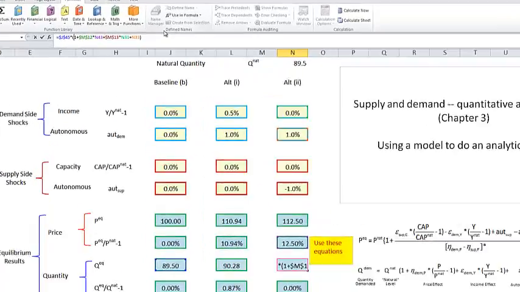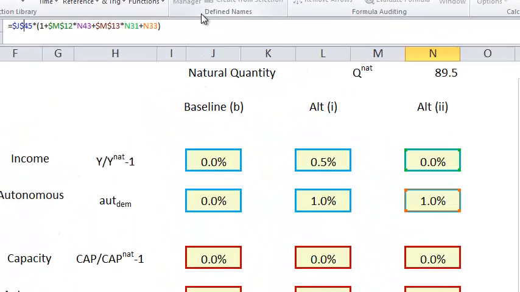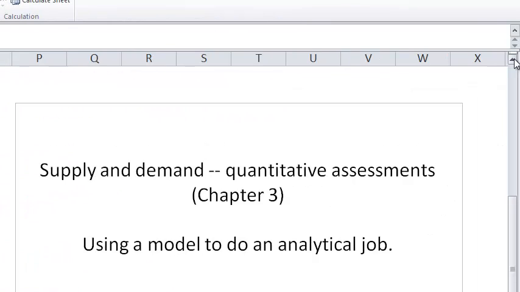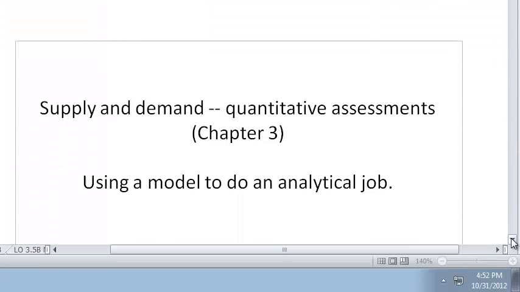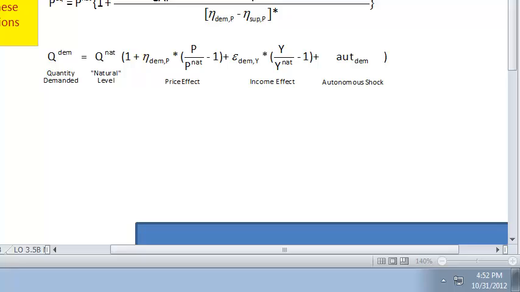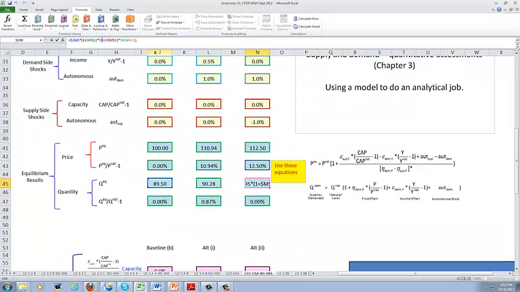What do we have? We have the equilibrium quantity times 1 plus, let's go through our elasticities again. We have to have the price elasticity of demand. Let's make sure that we have that. Okay, that's M12. And then we're going to multiply that times the equilibrium increase in the price. That's going to be N43, so here's our 12% increase, plus